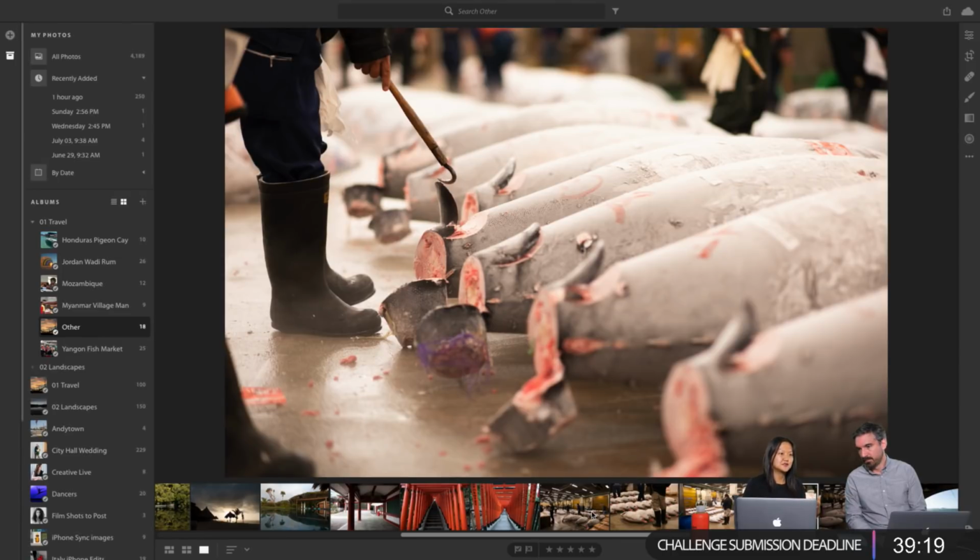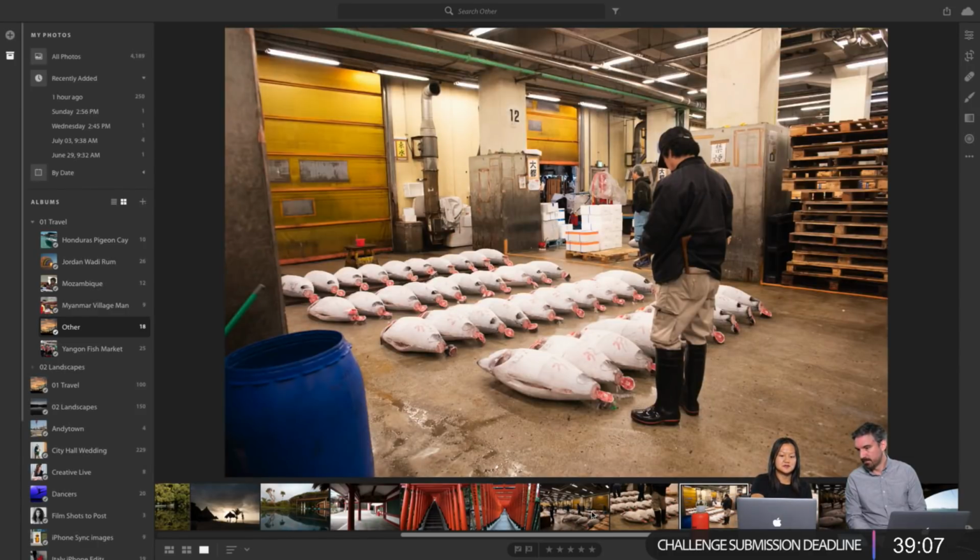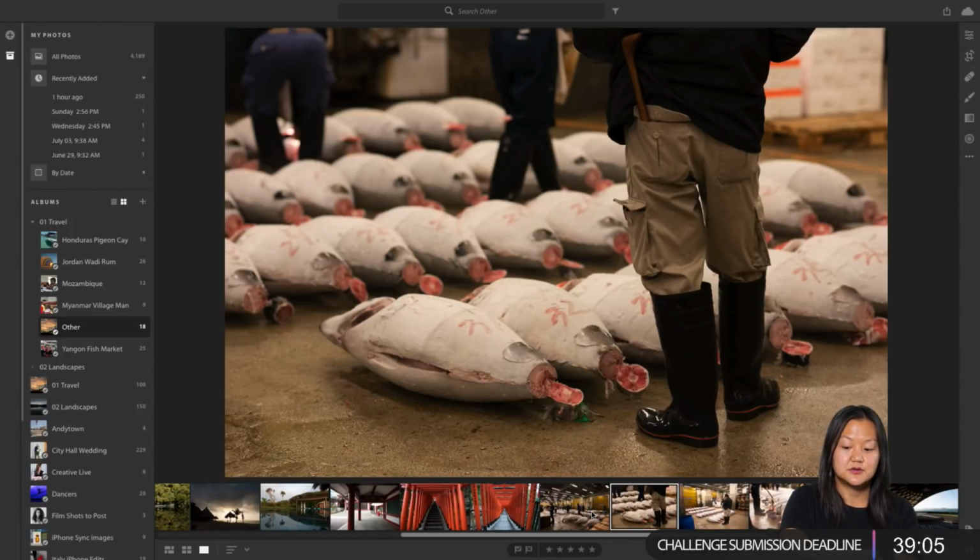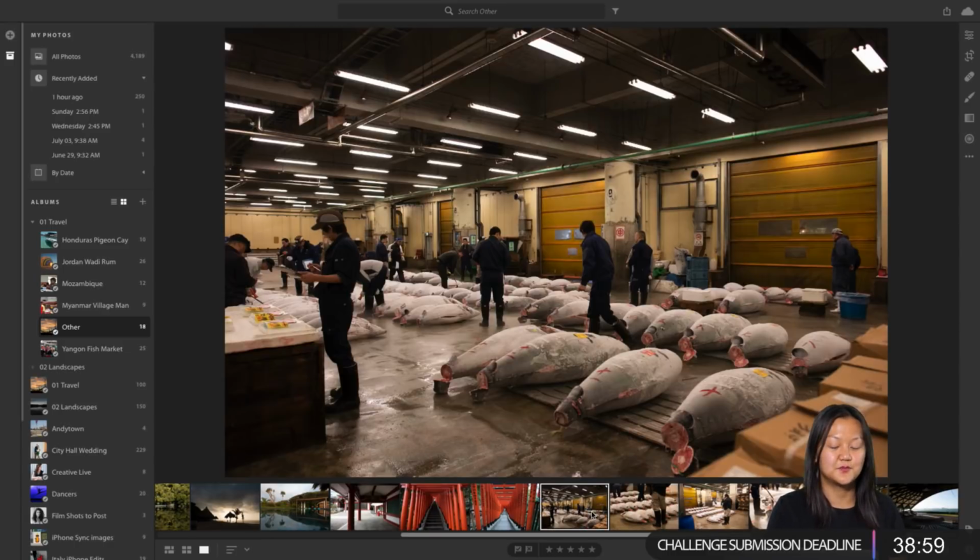But the average everyday traveler isn't going to have access given to them by some tourism board, so they have to make the best of whatever situation they're in. These images of the tuna auction were taken from the tourist stands where everybody else is. So you make the most of what you're given, and hopefully still come away with a good image.